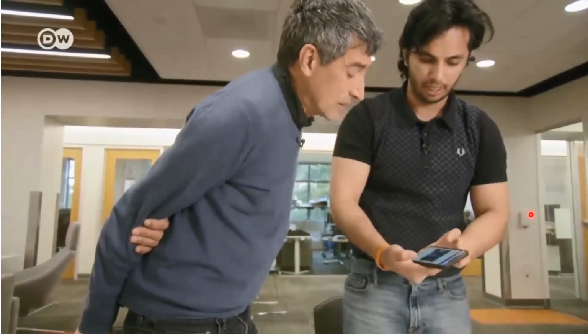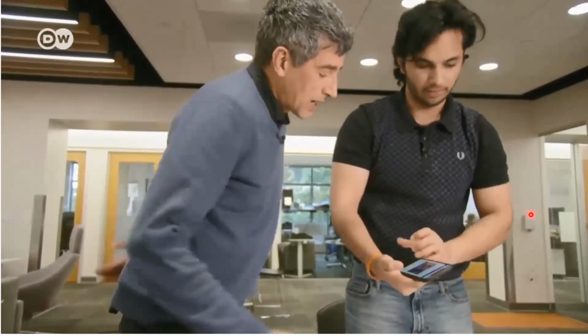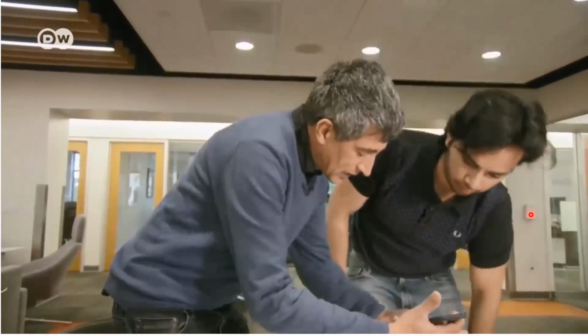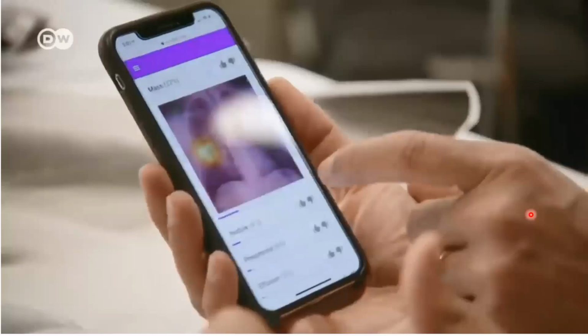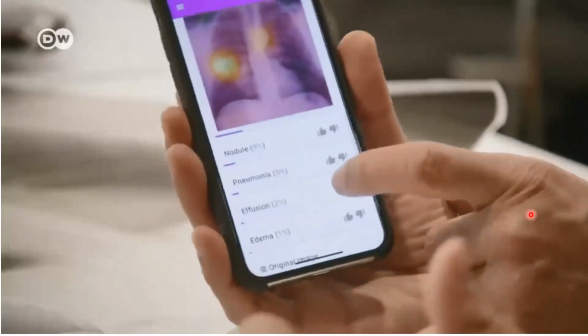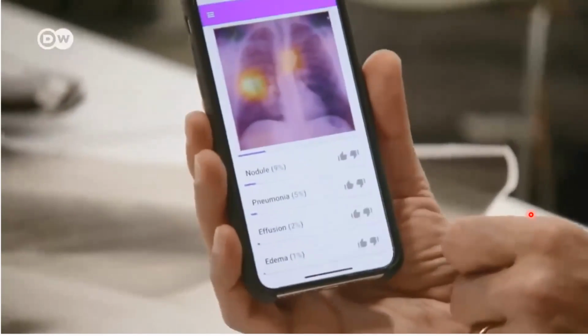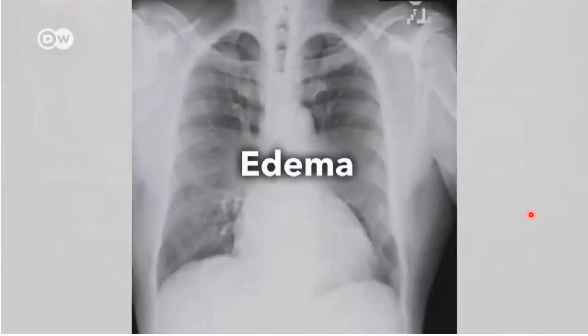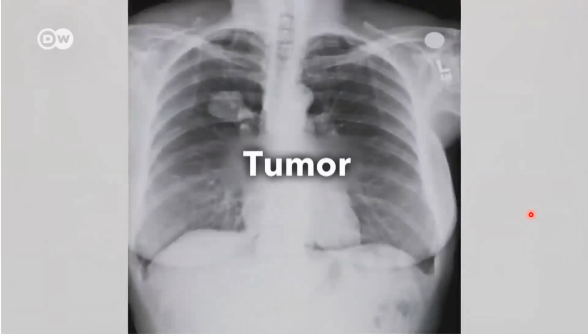And I can see that right over here. Okay, so it gives you, if I may have a look at it, now probabilities for pneumonia, a nodule, edema, effusion, and that goes bang. Yeah. Now, how does this work? I mean, how did you get to the point? We started with a large data set of chest x-rays, which were released by the NIH, and these contained x-rays and then also labels of different pathologies and whether they existed in those x-rays.